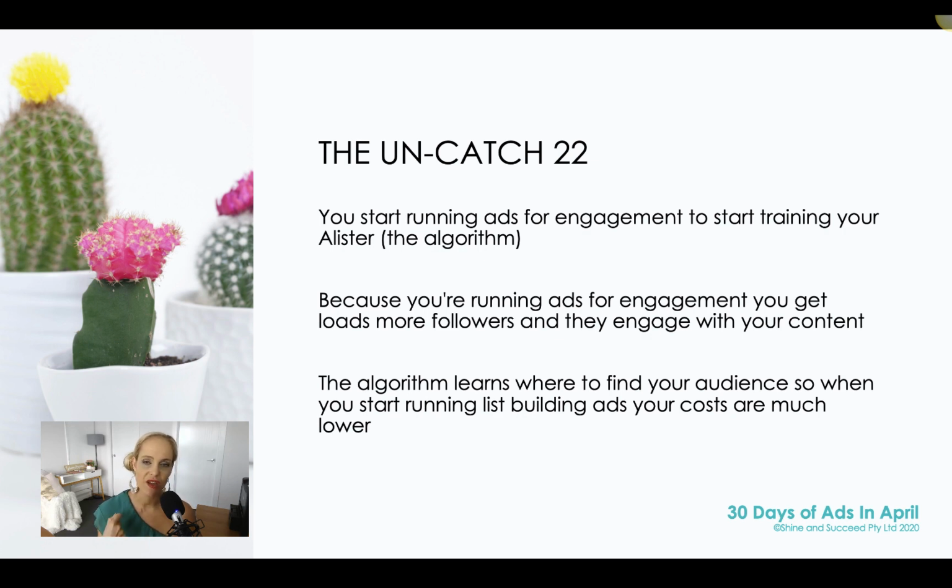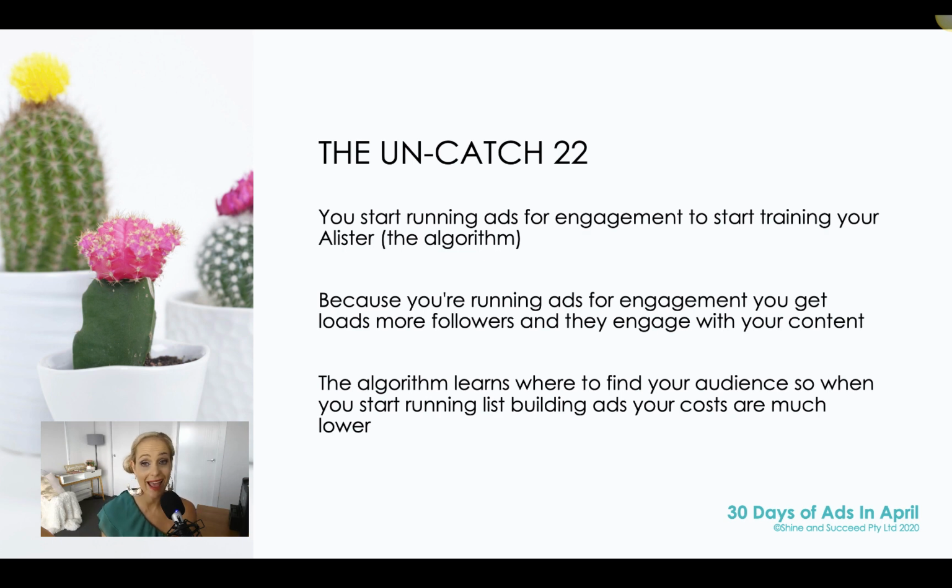And we start by feeding the algorithm what the algorithm needs while we're still on a low budget. And you can start running engagement ads for as little as $5 a day. If you have $5 or $10 a day, you start running engagement ads. You start training your algorithm to know where your ideal customer is.